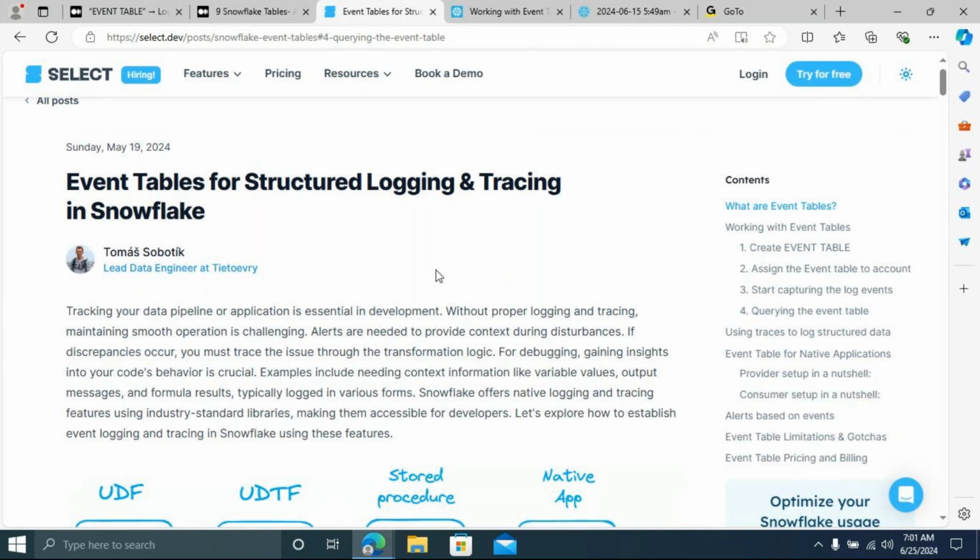Now you have to use one table called the event table. In the event table you can define alerts as well. Alerts, in the sense that if any exception occurs, an alert will trigger messages and notify the source team or whoever is making the development.